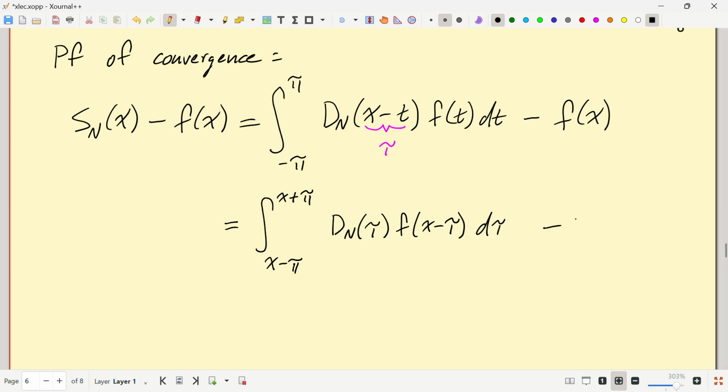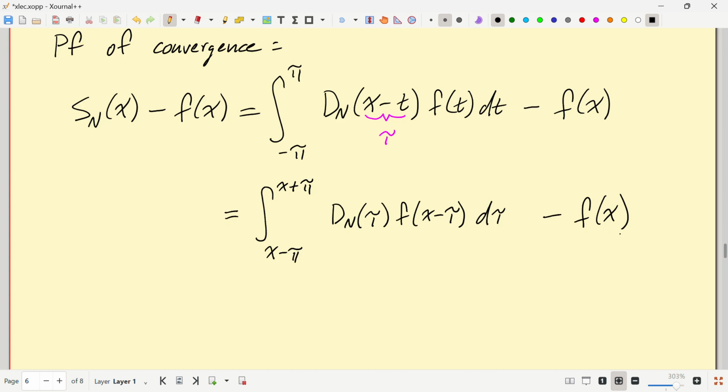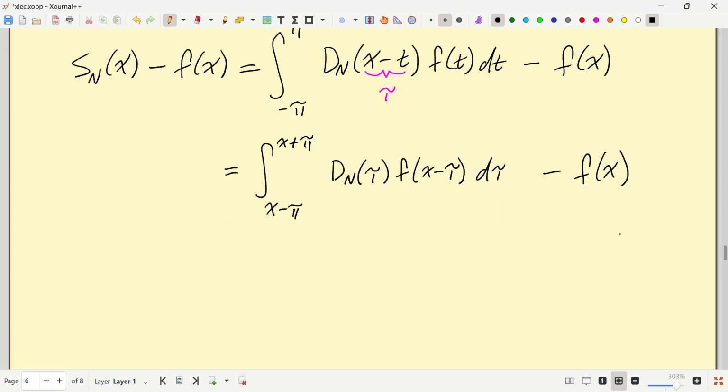And I'll leave this as minus f of x. That's just the change of variables that you learned in freshman calculus. And I realized my lemma